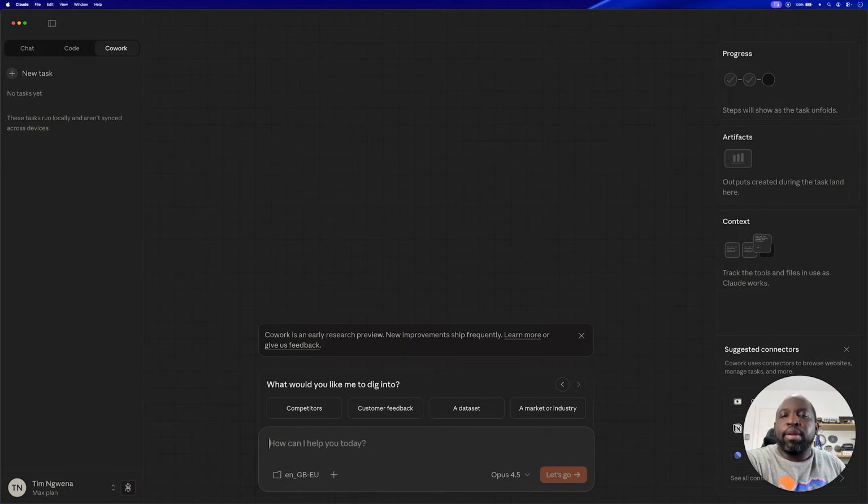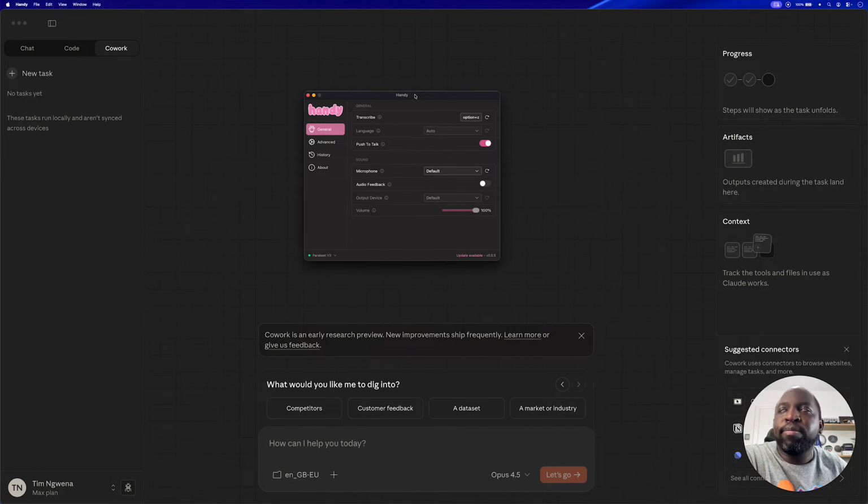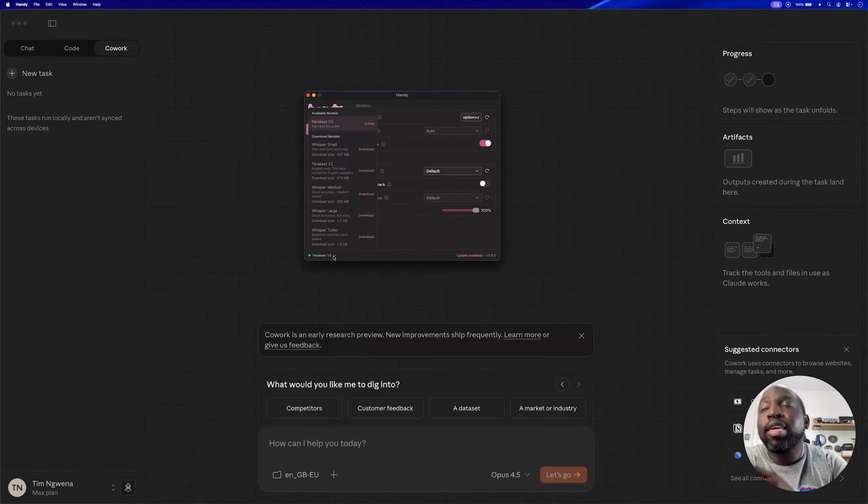So here's an example. I use a tool called Handy. This is a Mac tool. It's free. You can go and download it. Other speech to text tools are available. The way this works is if you want to talk, it uses a model called Parakeet V3. I've actually been using Parakeet V3 to